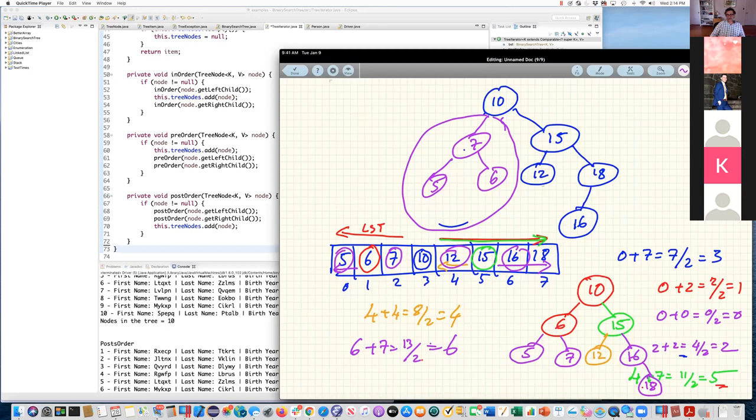So there are two questions that we want to go through right now. One question is, what is the algorithm for figuring out the height of the tree? Because the height is important for us to figure out whether a tree is balanced or not. We need to be able to measure the height. And we need to be able to find out if a tree is balanced. We need to be able to say, tell me if you are a balanced tree or not. Okay? So we need to understand the algorithm for those two methods.